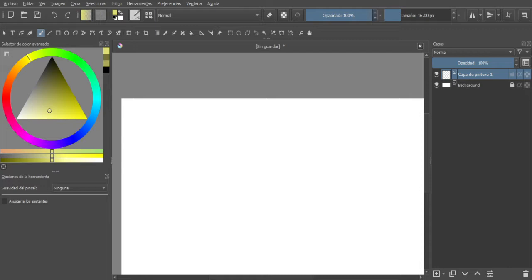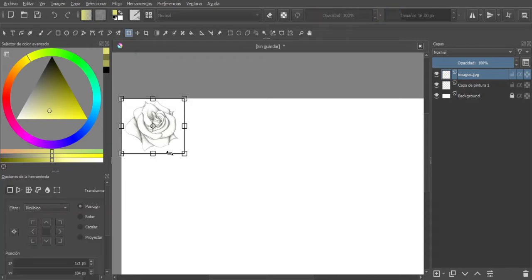Okay, so let's start. For that, we're going to bring here an image that we're going to use for the sketching. Let me bring this image here and let's insert a new layer. We're going to insert this image as a new layer that way. Now let's transform this, and we're going to scale it up. So we're going to press shift